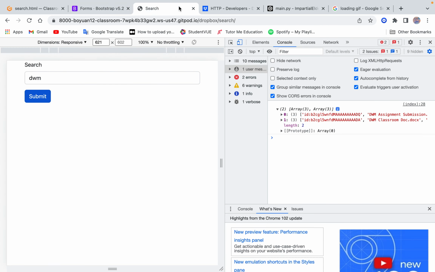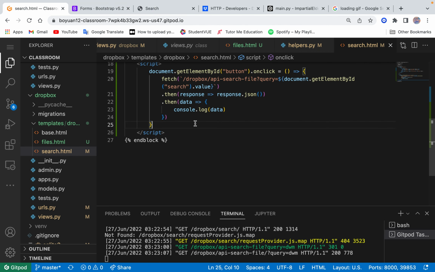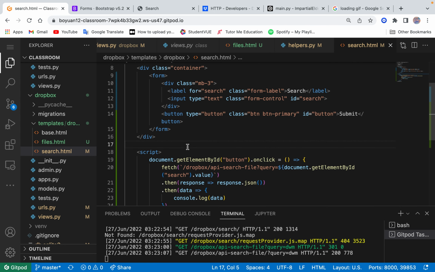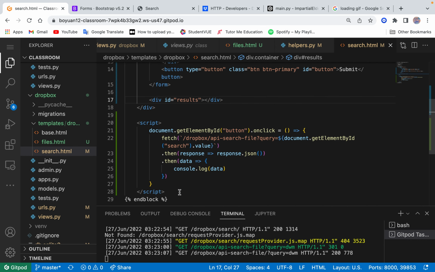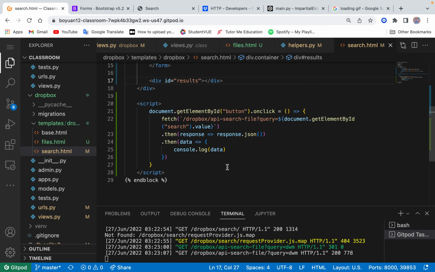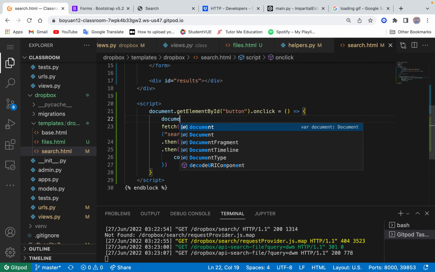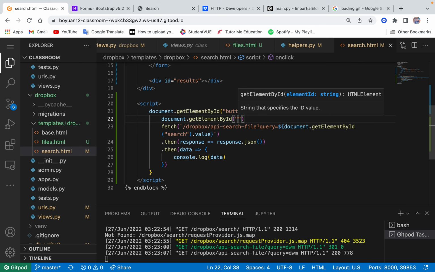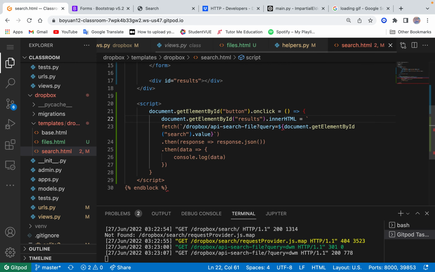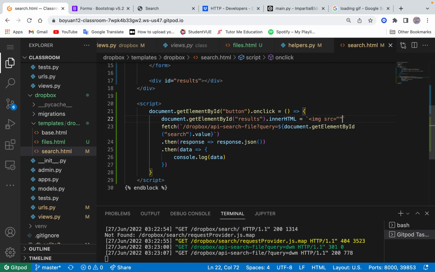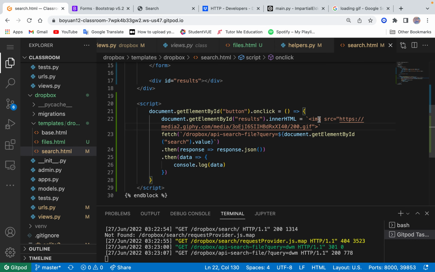Okay, so in here we'll say document.result, right? So that means here we'll say div hashtag results, and what I want to do here is, once this is called, document.getElementById results.innerHTML equals to, right, image src. This loading screen. And then once this is finished,